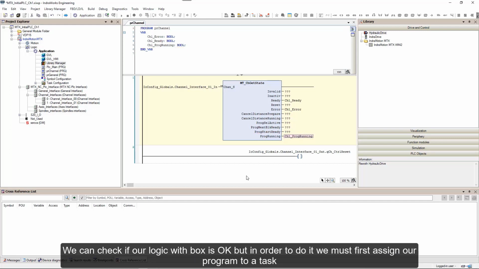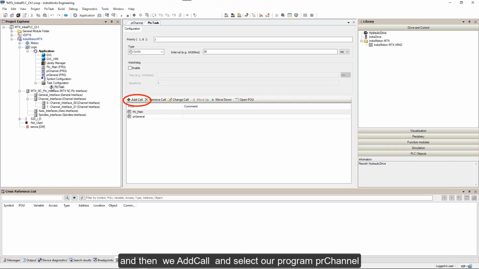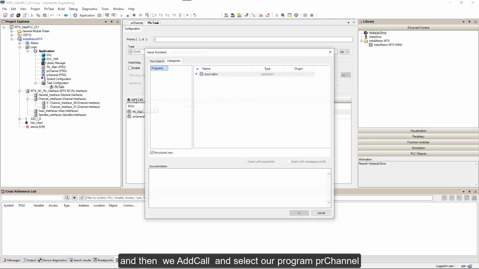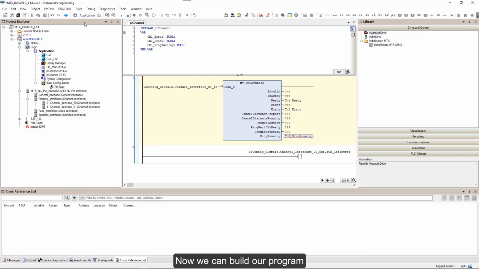We can check if our logic with box is okay, but in order to do it, we must first assign our program to a task. So we go to task configuration, then PLC task, and then we add call and select our program PR channel. Now we can build our program,